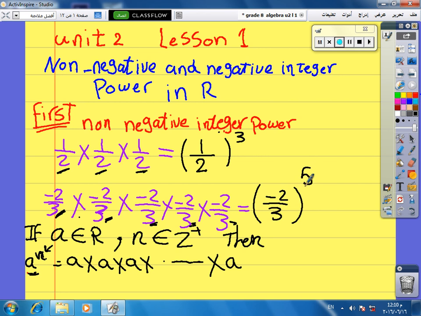We have a rule that if A belongs to R and n belongs to Z positive, then A power n equals A times A times A, n times, and so on. How do I write it in the new power? I will repeat the number under it. So when you write here 2, I will repeat A twice, A and A. When I write 4, I will write A 4 times. Example,